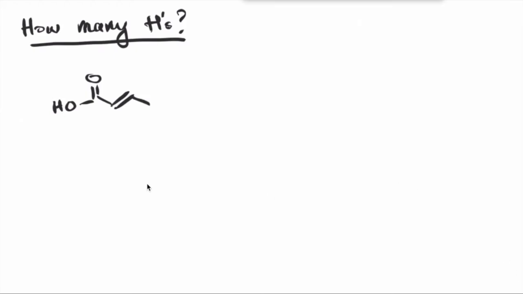So in our first example here, first off, we've indicated 2 parallel lines. I forgot to mention that previously, but if you have 2 parallel lines, that means it is a double bond. So how many hydrogens are there? So remember, all these lines are bonds. So at the end of each bond is a carbon, unless otherwise indicated. So there's a carbon here, a carbon here, a carbon here, and a carbon here, okay? So let's figure out how many hydrogens are connected to each of these carbons.